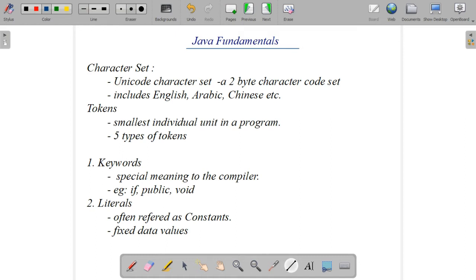Otherwise, for example, to write a program to calculate the sum of two integers, we need to declare two variables as integers: int a, b. Then we have to read the values a and b and save the addition of these two values in a single variable. These are all the things we are doing in a Java program.